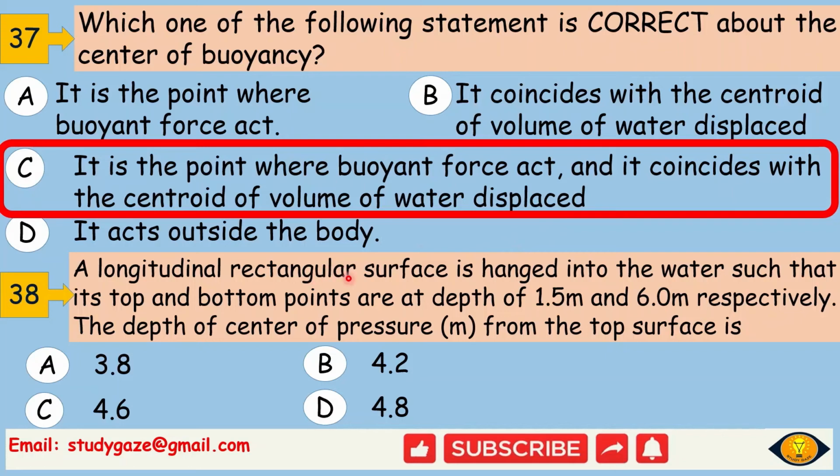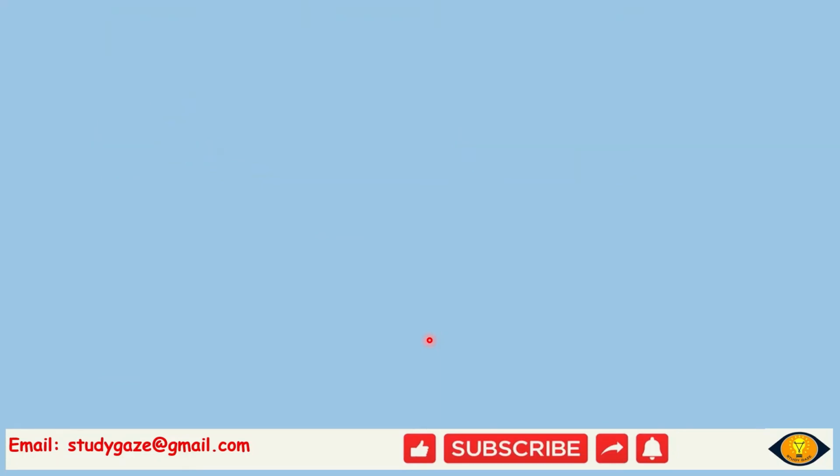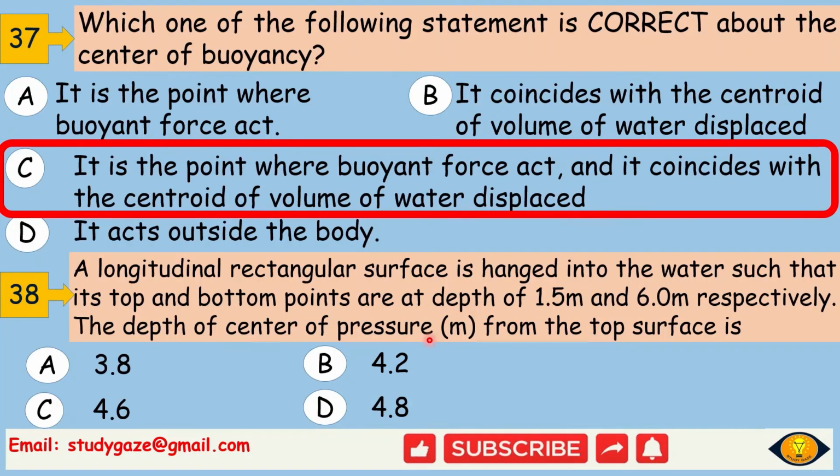the longitudinal rectangular surface is hanged into the water such that its top and bottom points are at depth of 1.5 meter and 6 meter respectively. The depth of the center of pressure from the top surface is... So for this question, you solve it and write the answer in the comment section. Next,